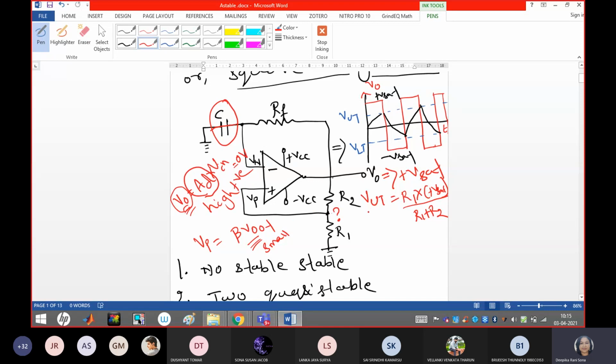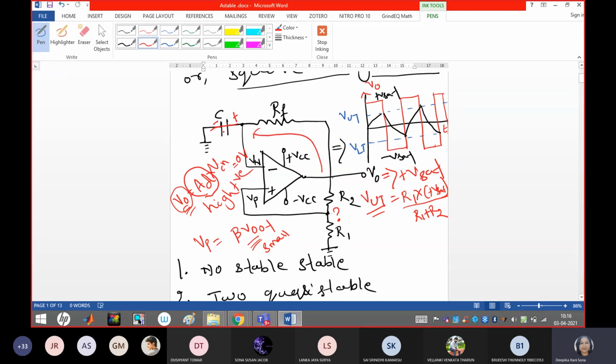Yeah. So now we got our upper threshold voltage in the form of this equation. So in this part we got this upper threshold value, which means it is a positive voltage. Now similarly this plus Vset is connected to this path also, or I can say the inverting input terminal, and at the inverting input terminal already the voltage was 0 previously and the capacitor was shorted. Now what should be the polarity of this capacitor, guys? Because the positive voltage is appearing here, this will become plus and this will become minus. Yes or no? Because of the positive potential appearing in the feedback path through RF.